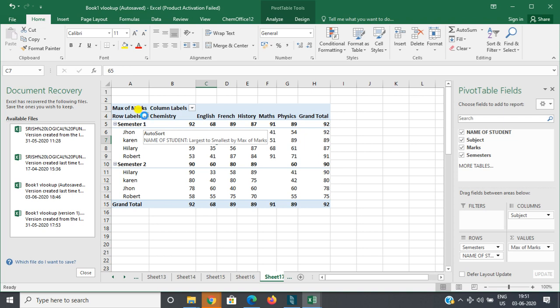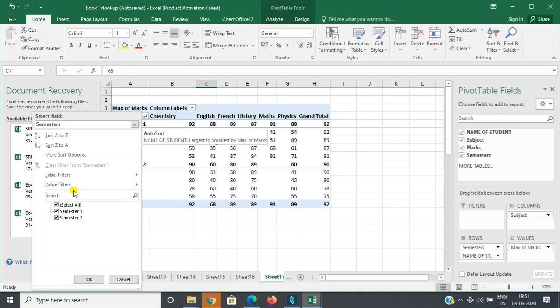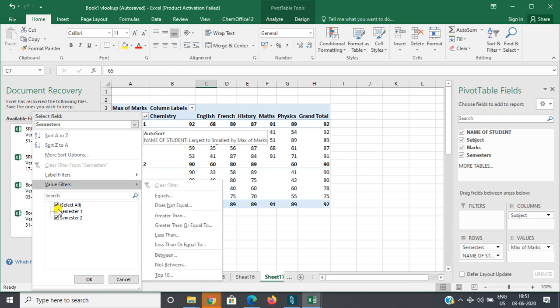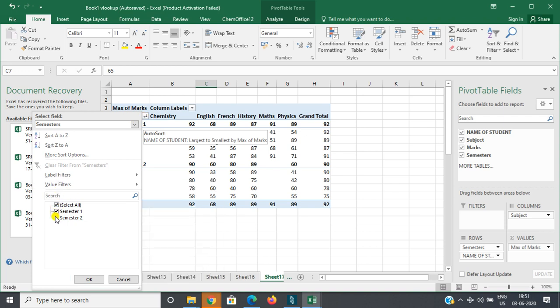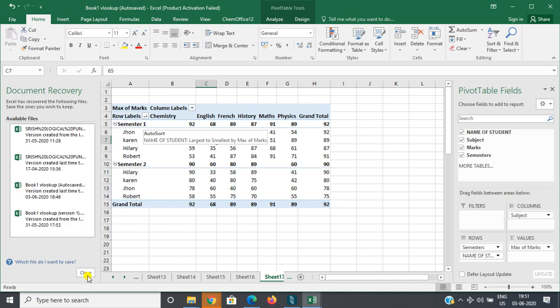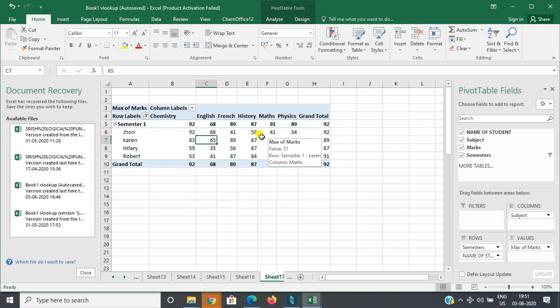Click on this. See, it shows semester 1 and semester 2. I want only semester 1 marks. So click only semester 1. Click on OK. Now it is showing only semester 1.